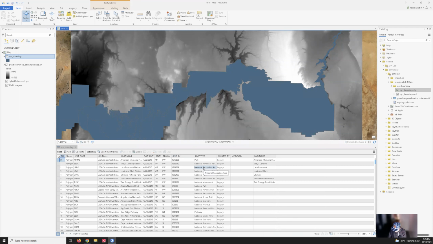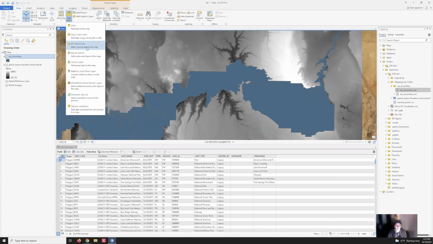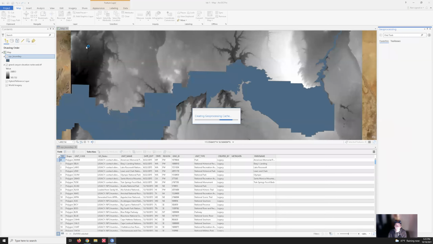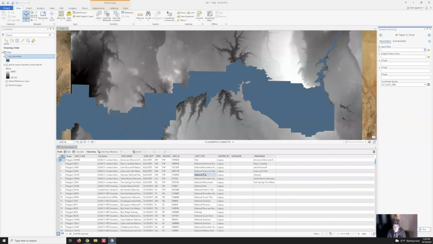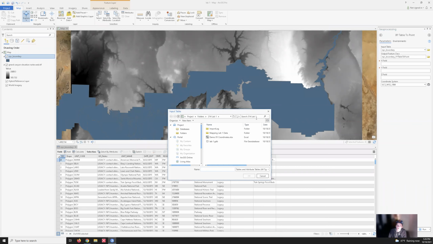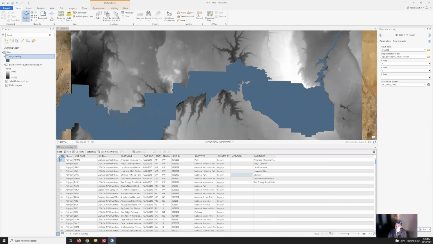Now let's add XY point data. So we're going to add data and XY point data. We're going to add a couple things. Let's see, it's going to take a while. Awesome. So once it's done creating that geoprocessing cache, you don't have to worry about that yet. And we'll talk about geoprocessing later. But input table is going to be NPS boundary. Oop, I lied. Input table is going to be these demo XY coordinates for now. This is just an example, we're going to put in sheet 1. And let's change our coordinate system to current map. So that's